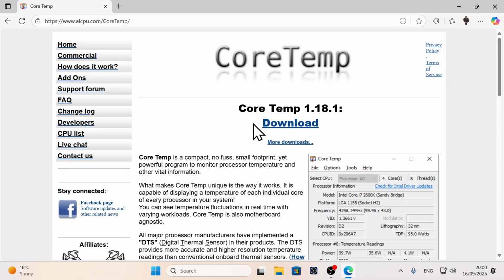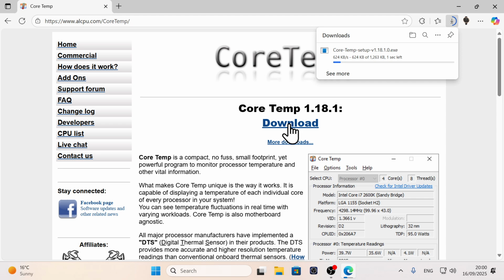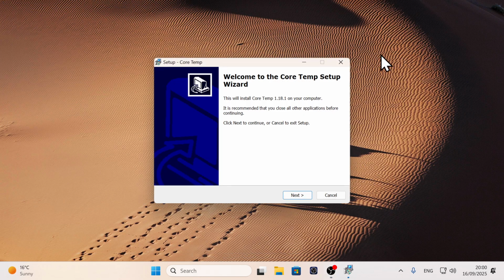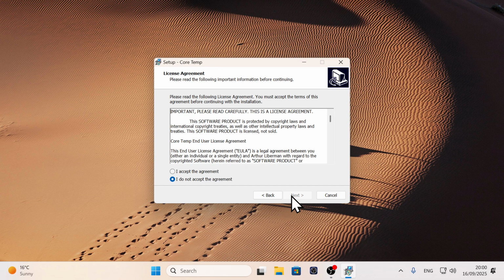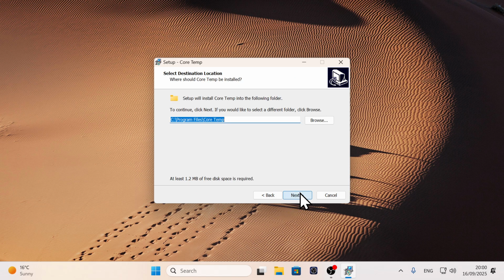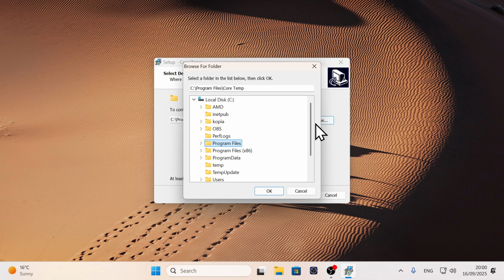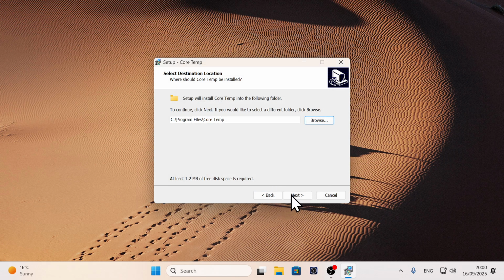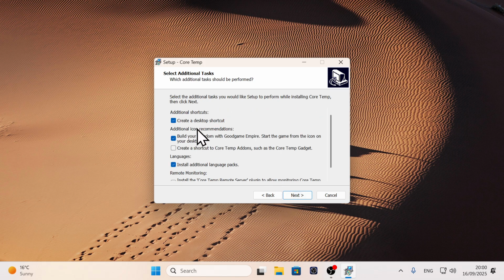Open it. Then on this website, click download, wait until the setup file is downloaded, then run it. You can close your browser at this point, click next, then read and accept the license agreement, and click next. Then if you want to change the directory, select the browse option and then select a folder in which you want to install this program. Then click next, and then on the following page make sure that you uncheck this second